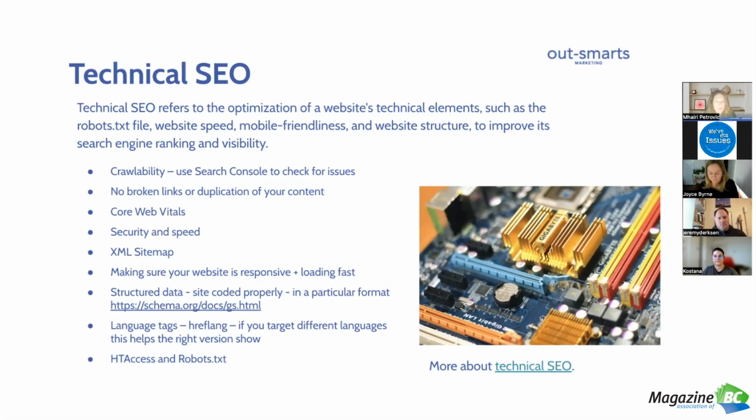If Google notices things that are broken on your site, like links from one page to another, or hyperlinks that you have in an article that maybe are broken, maybe you've linked out to an article as a reference and that website has taken down the article, Google notices that and it thinks it's a red flag. So if you have things like that on your site where things are broken, Google notices that and that will impact where your article or your site ranks.